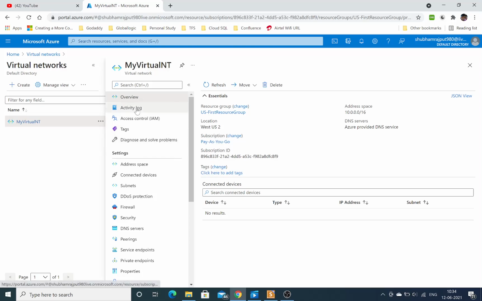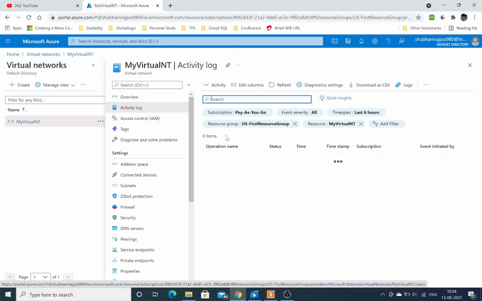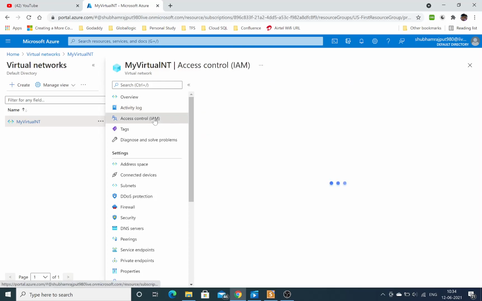Then activity logs. Right now there is no activity log because we have not attached this VNet to any other device, or we haven't given any subnet to a specific device, so there would not be any logs for that right now.